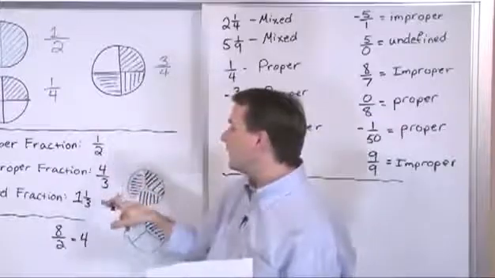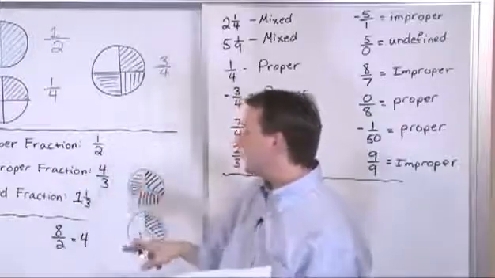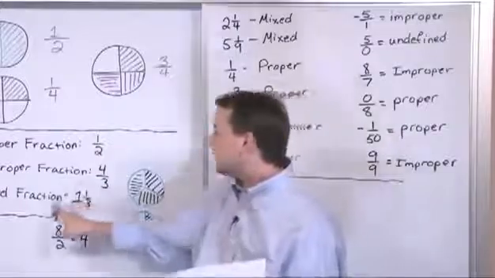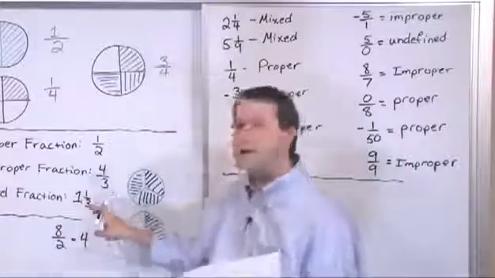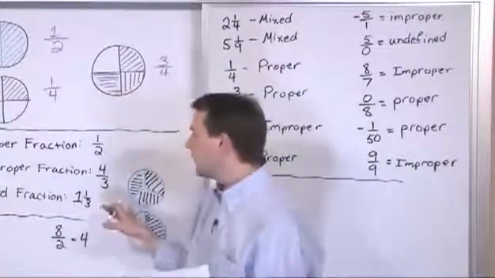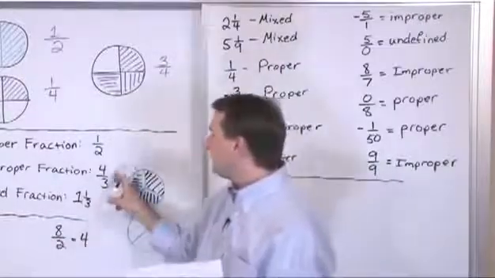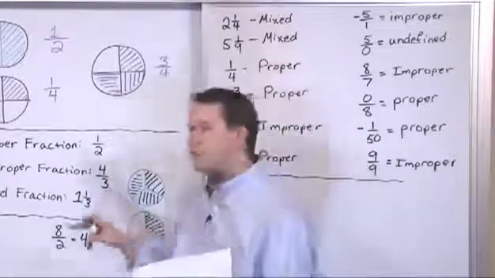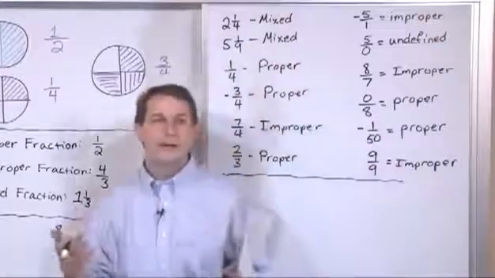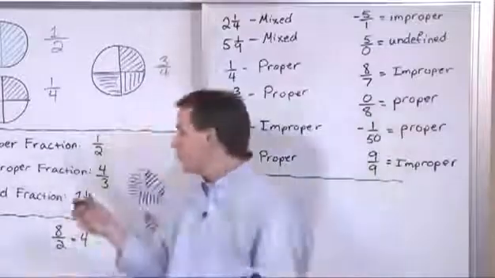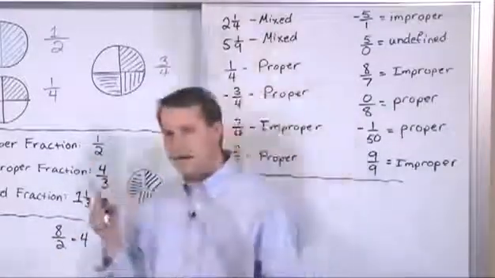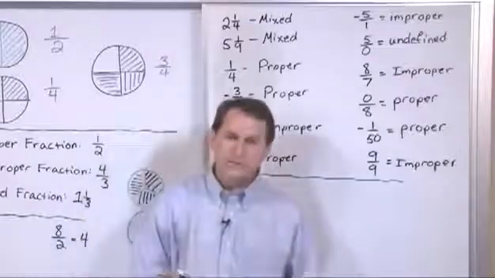We've talked about the fact that you can have proper fractions, which are written the normal way with the top number smaller, improper fractions when the top number is bigger, and mixed fractions, when you have a whole number of pizzas plus a fractional piece of a pizza left over. We've talked about the fact that these improper fractions and these mixed fractions really are describing the same thing, cases when we have more than one whole pizza, and we're going to learn how to convert back and forth between these in just a few minutes. Okay, now